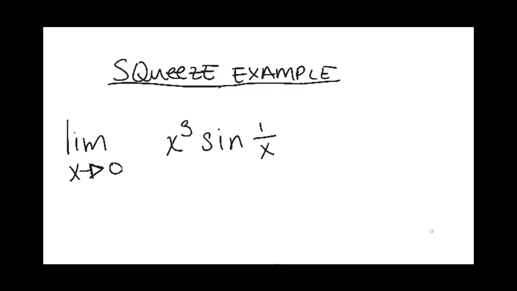Today we're going to look at an application of the squeeze theorem by looking at this example here. The way this problem sits, plugging into the x cubed is fine. That will give you a 0, but because of this x in the denominator, the limit of this one doesn't exist. So you can't do the individual limits